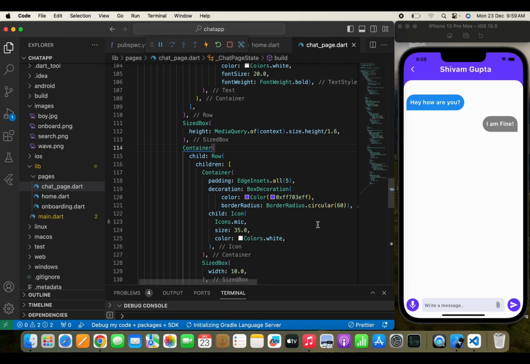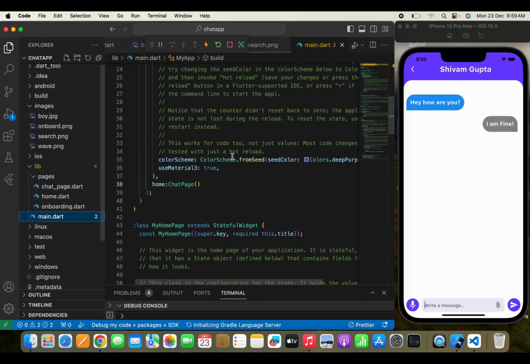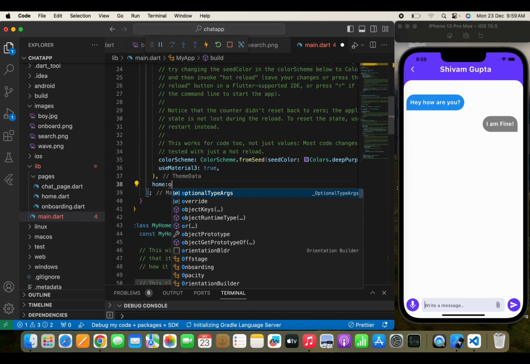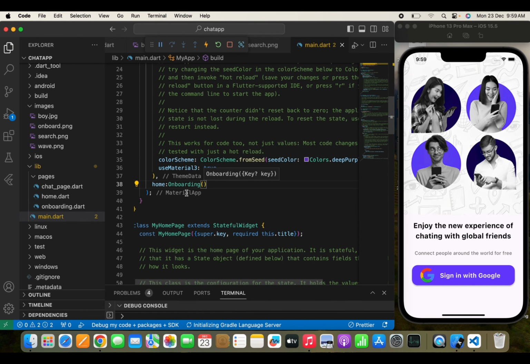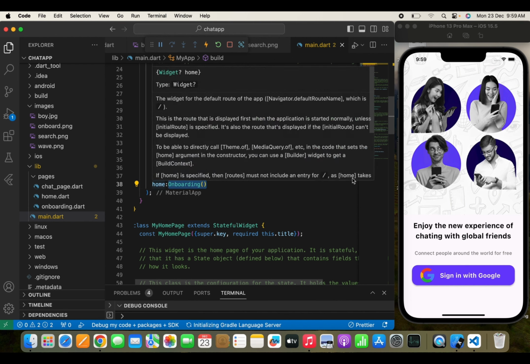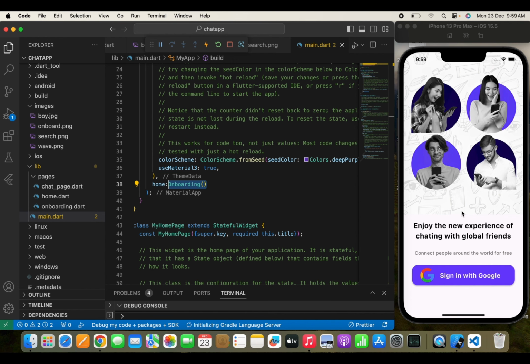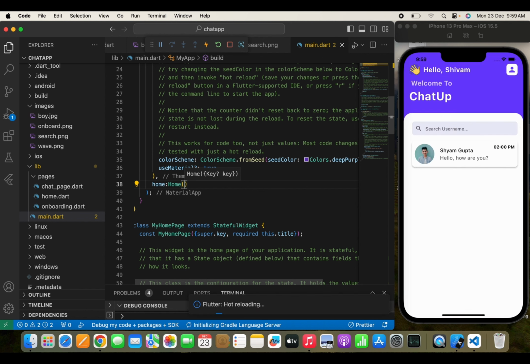Yeah, so we have simply made some of the screens for our chat app, to keep going and send a DM to the respective users. We have created an onboarding page where the user can simply sign in with Google, and we have created a home page where the user can simply search for the respective username they want to have a chat with, and in the home screen they can see all the recent chats that they have done